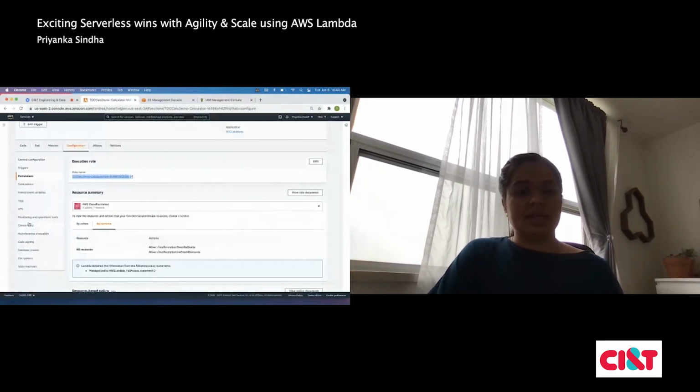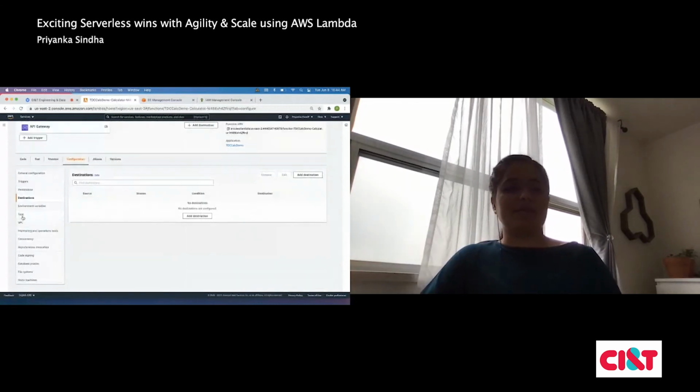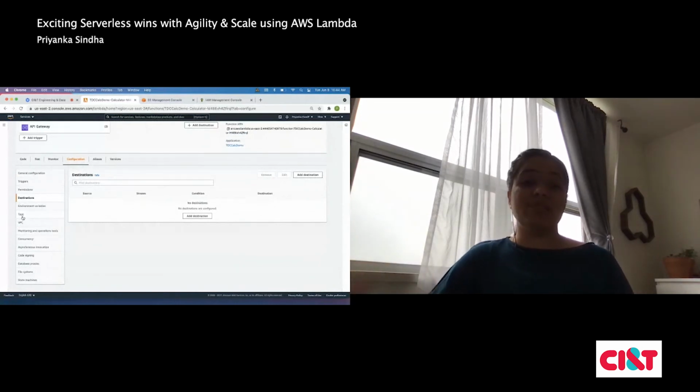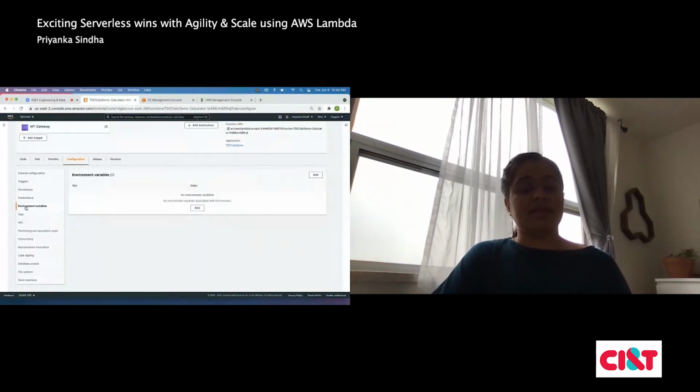Then destination. Destination means that at the end of the Lambda function execution, you can provide a destination for your Lambda function responses or any notification services. Environment variables. If we have any environment variable, let's say execution time or something else we are tracking, we can provide it here.